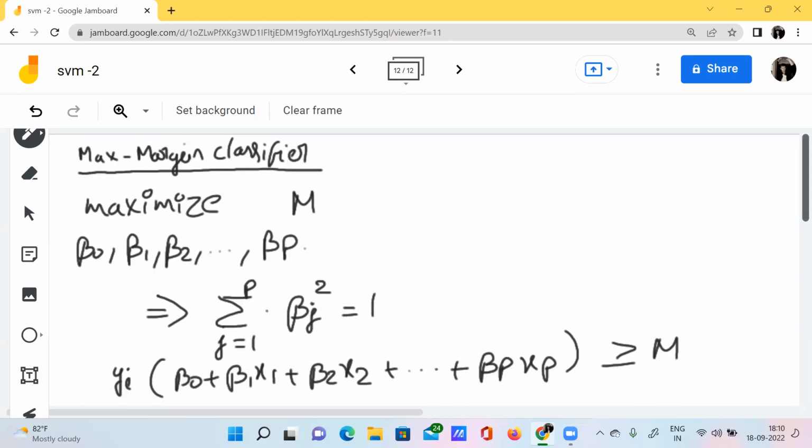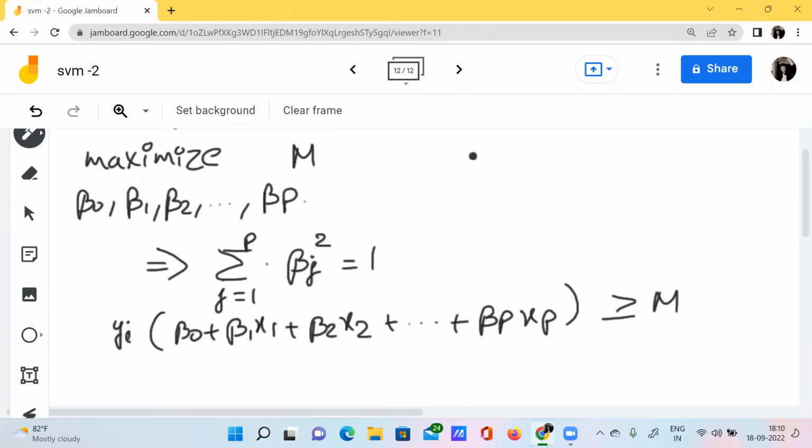If we want to construct a maximal margin classifier, we need to maximize M, with the parameters beta 1, beta 2, and so on, beta p, where we have the standard condition that the sum of beta j square is equal to 1.